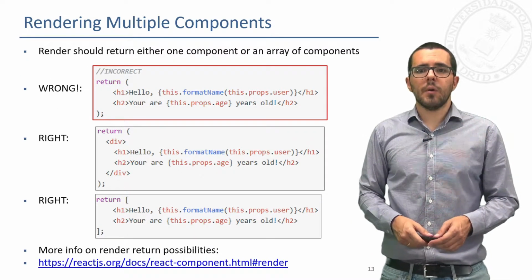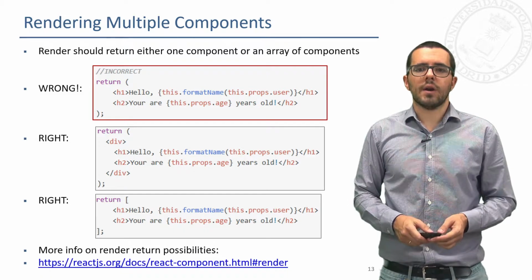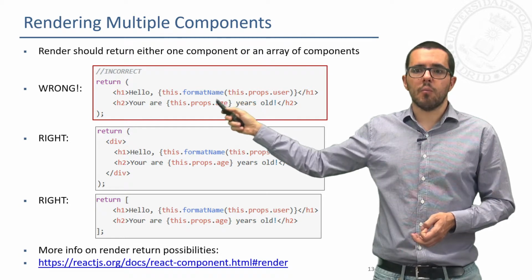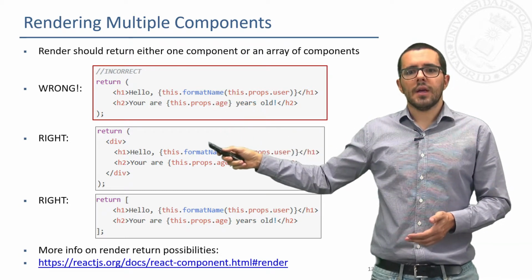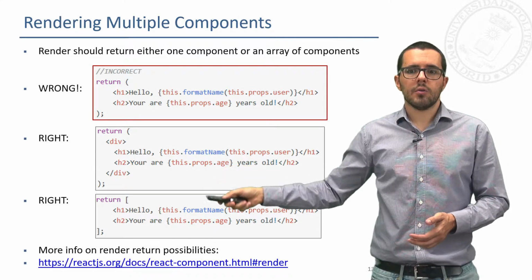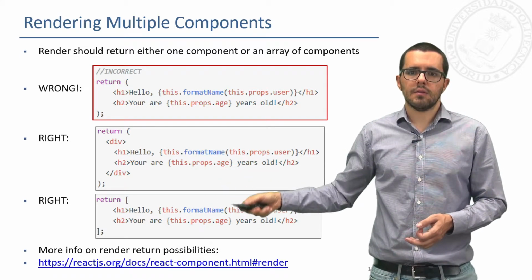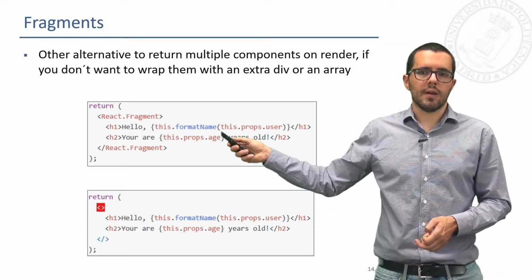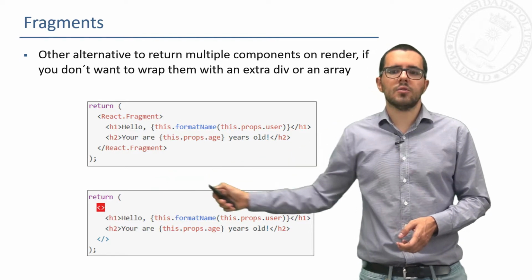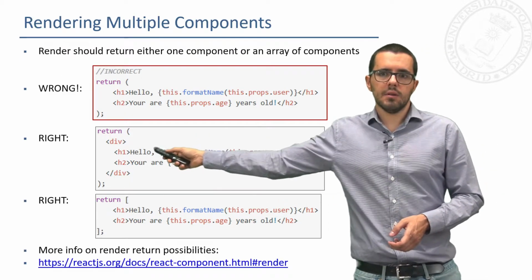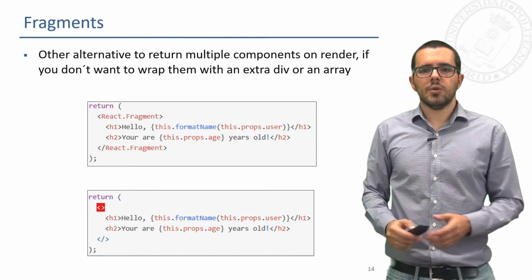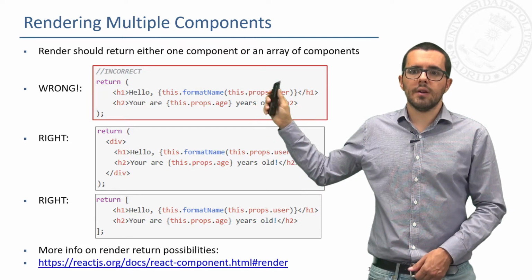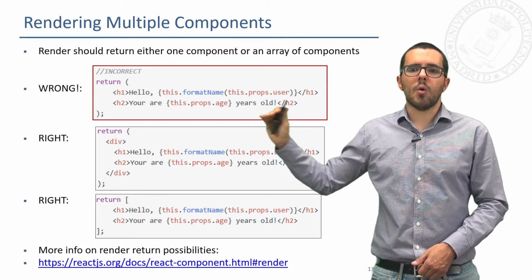How do we render multiple components? Just one final warning. Well, this is wrong, we can't return multiple components, we have to wrap them into a div or return an array, like here. These two are right. There is also one possibility that is quite new, to render a fragment or an empty tag, if you want to avoid this empty div here. You can use each one of them except for this one, that is to render or to return several components at the same level.